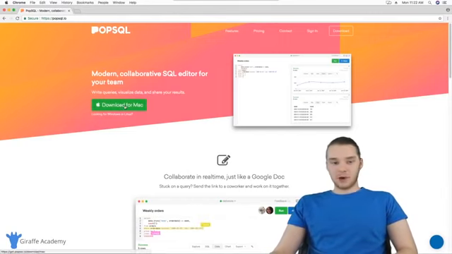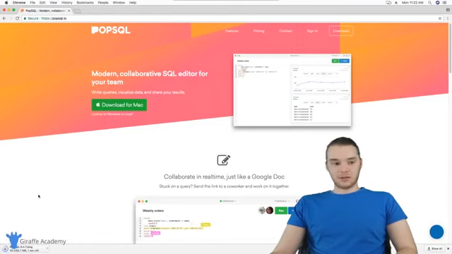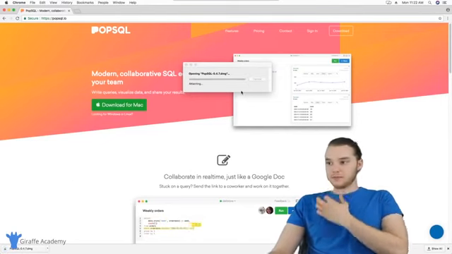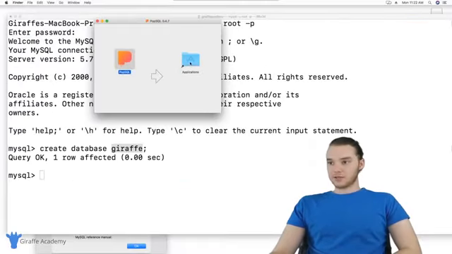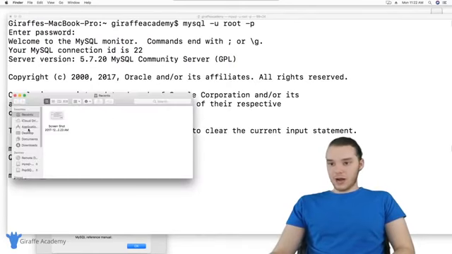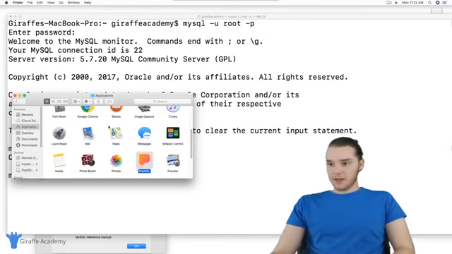So over here, there should be a button to download it for Mac. So I'm just going to click that, and then it's going to go ahead and start downloading for us. Once that's downloaded, then I'm just going to open it up and we'll be able to run the installer. See over here, all we have to do is just drag this over to the applications folder, and then it's going to be on our computer. So now what we want to do is open that up. So I'm just going to go over here to applications, and we'll scroll down to PopSQL, and we're going to